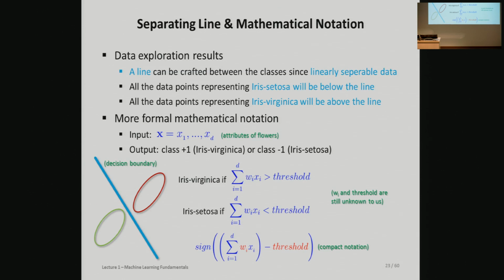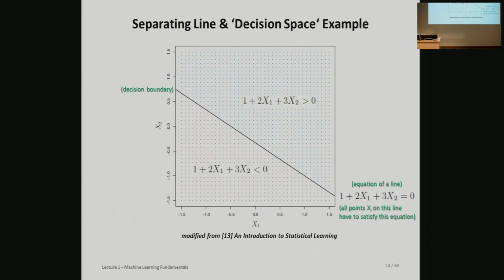So the only thing we need to learn in order to get this interesting line, if you know a little bit about mathematics and the line function, are the weights, the coefficients of that line. And we sum that up over the different dimensions that we have in the data set. This is this interesting formula. We use a threshold here, and it's a more compact notation as this particular part. So this brings us to put it in a sign: when it's +1, it's perhaps this class, and -1, then it's the other class. That's a more compact notation.